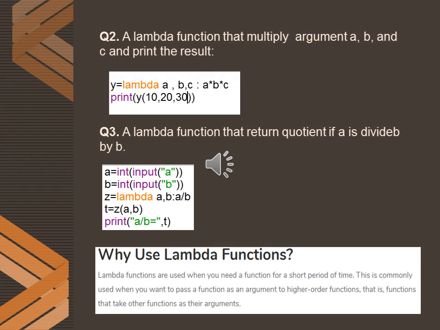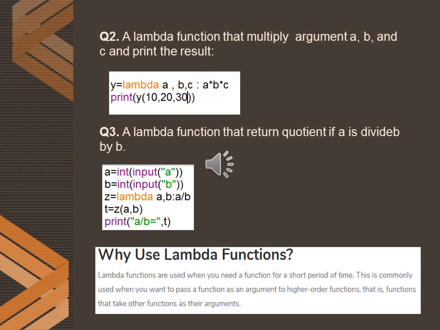The expression is that all the three arguments will be multiplied. So when we call this y function using the three parameters 10, 20 and 30, all the three parameters will be multiplied and the value will be printed.